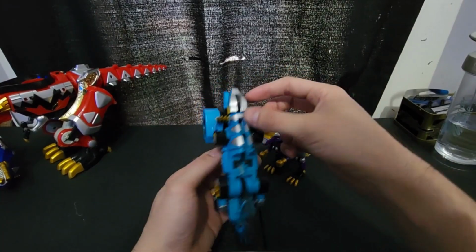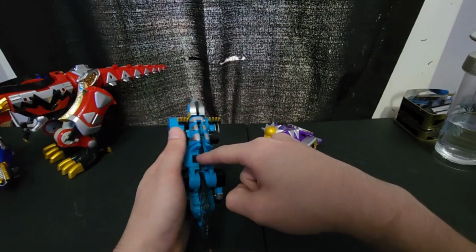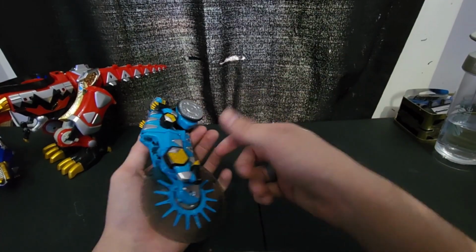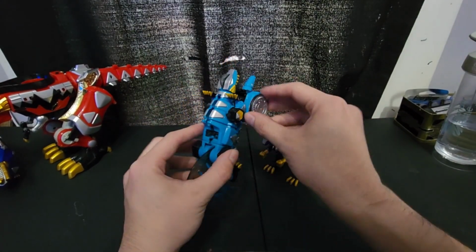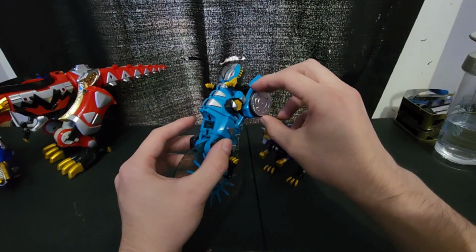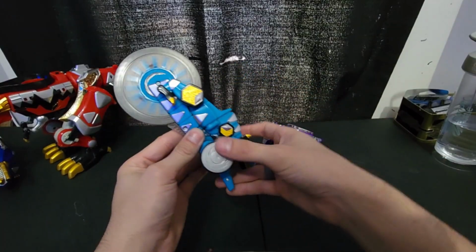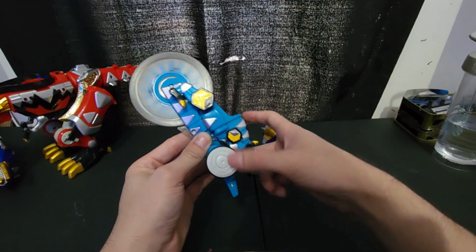That's really it. I mean, you could put him on this side just to show off the silver more. Then you got these like exposed clips and all that. I think it's pure preference. So yeah, that is what gives you your